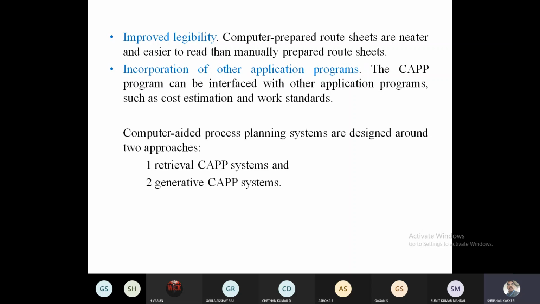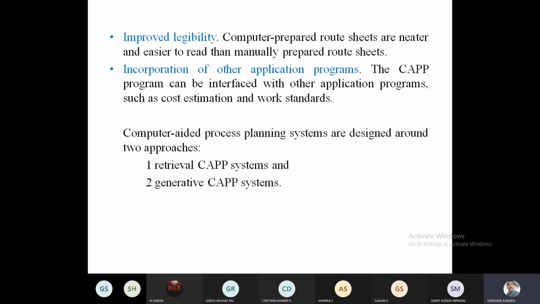Generative is one where we use artificial intelligence. For a particular type of production as an input, what suitable things can be selected from the available data will be done by the system itself. That will be generative. I request you to try to understand retrieval CAPP and generative CAPP.